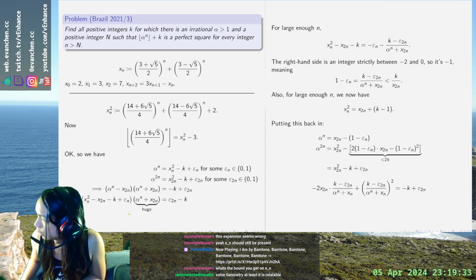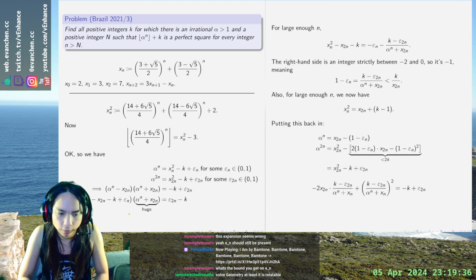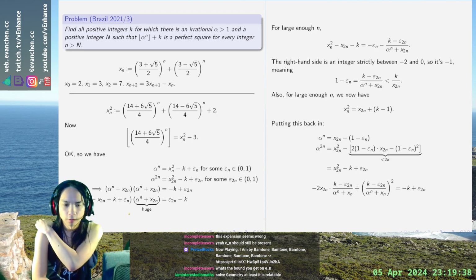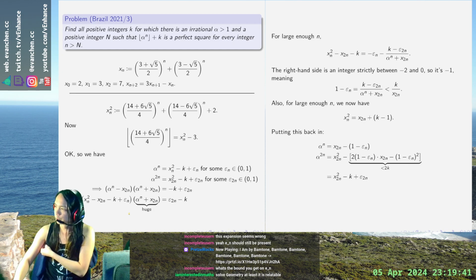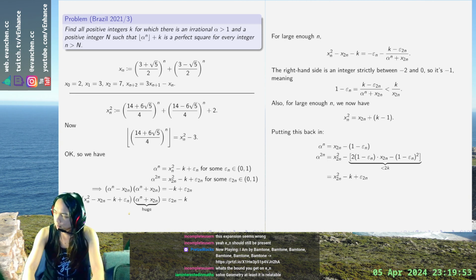But we actually have very good control over the error term because we have an explicit expression for this. So that means I can set these two error terms equal, and it will tell me what? As the squares get farther apart, the error terms must coincide. So for large enough n, we need to identify 2 times 1 minus epsilon n, which, as I said,